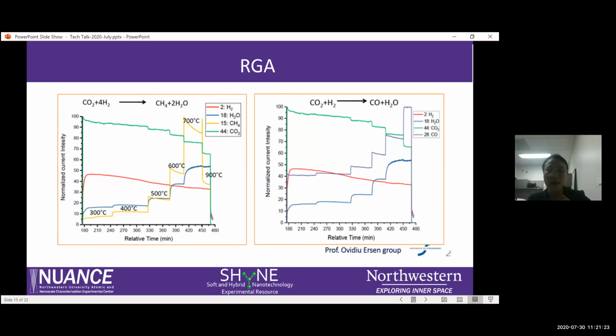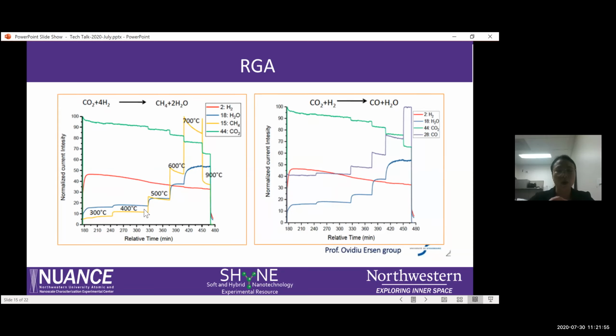This is a sample from the company, courtesy of Professor Erson's group. This is the RGA example. What they have done is using nickel to do the methanation of carbon dioxide. So the final products should be methane and water. They increased the temperature from 300 degrees Celsius to 900 degrees Celsius in 8 hours,